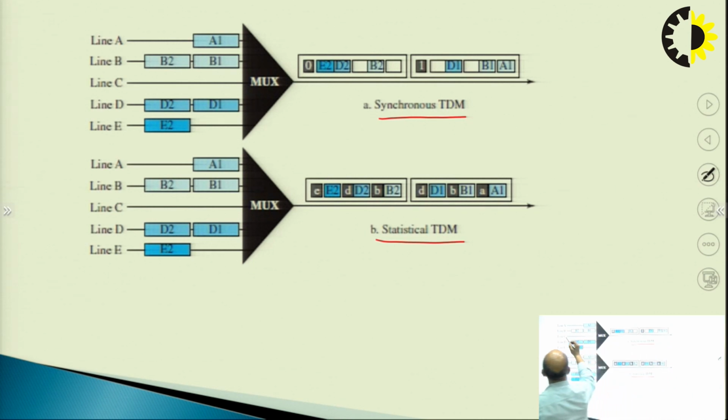Here we have these users: A, B, C, D, E. A1 is sending the data in this time frame, and line B is sending two data. Line C is not sending any data here. In this frame, D2 and D1, line D is sending the data. Then we have line E, where it is sending the data. Okay. So, in the first frame,